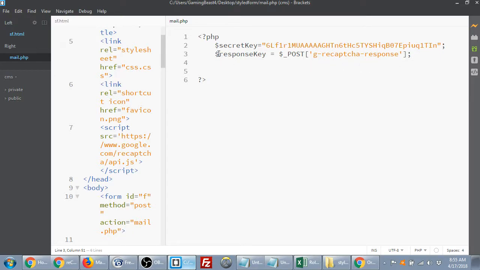Okay, I'm not going to say too much about this. It's not totally critical that you understand this line, but you should at least get an idea of what it's doing. So reCaptcha response is the response that you get from the API of the reCaptcha from Google. So post, what we'll do more with post, but post goes out to the form and it grabs, you use post to get the values of what people put on the form. So if I put Dave is in for the first name, I'm going to be using this post array to get out there and grab the value Dave, what I typed in. So this reCaptcha response is just what Google responds with, and it helps you know if they've been validated or